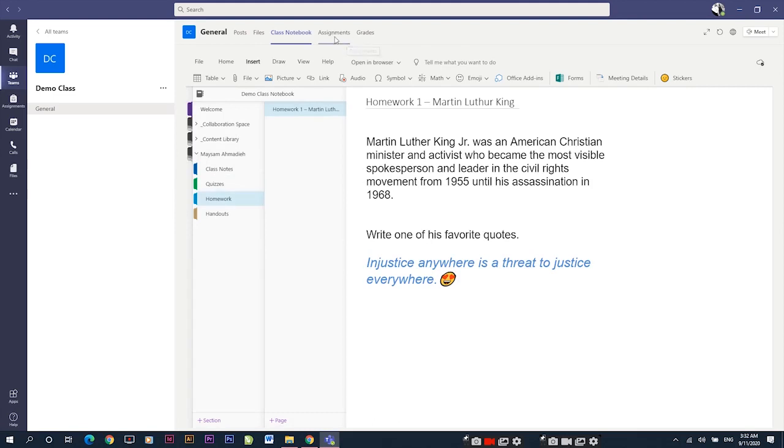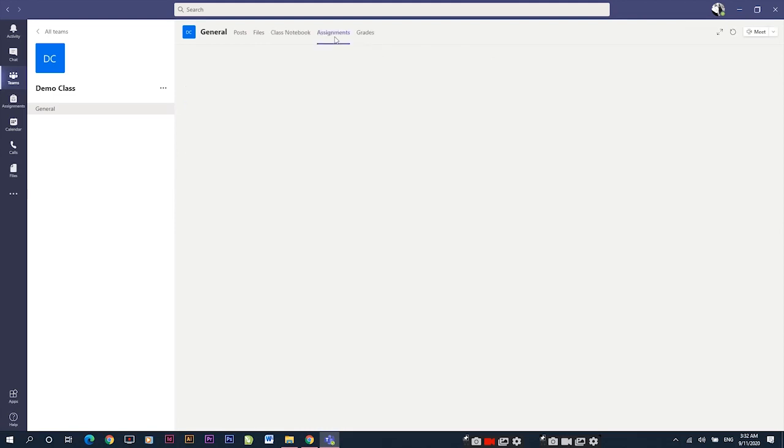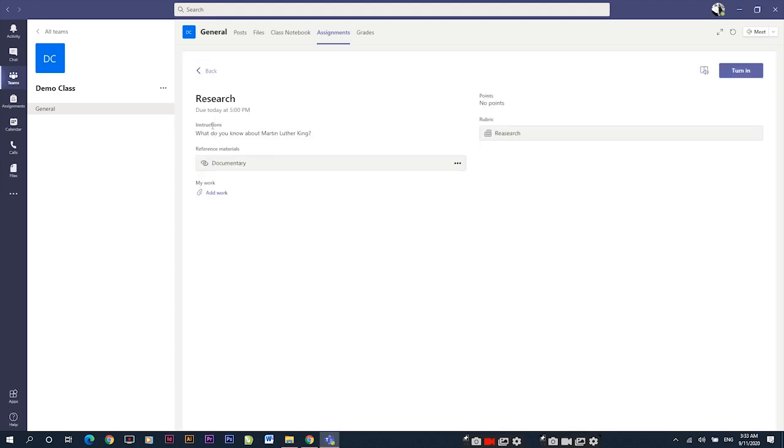If I go to the Assignments panel, I will see all the assignments assigned to me by the teacher. I can see here the assigned. I have a research due today at 5 p.m. I need to click it and reply to my teacher really fast. This is the title of my assignment, this is the date, and this is the instruction. The teacher even uploaded a resource for me, so I need to click on the resource to see what the teacher sent. After watching the video,